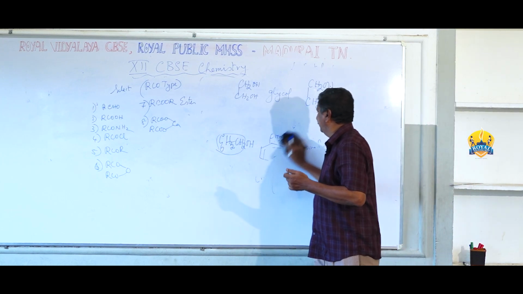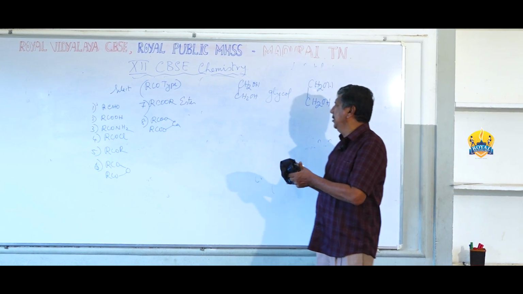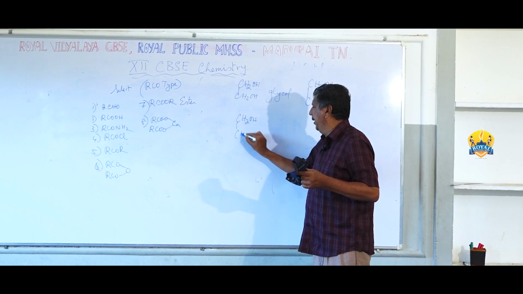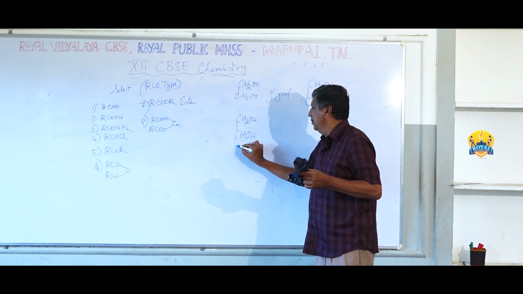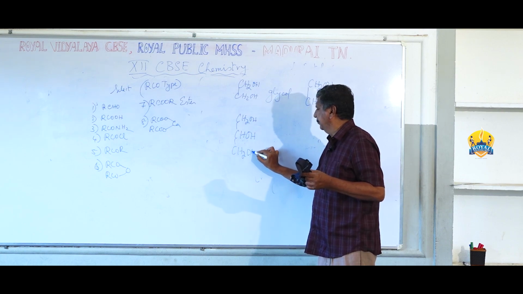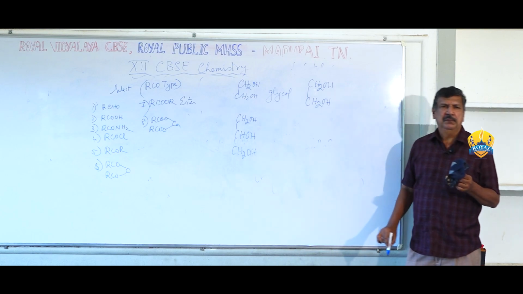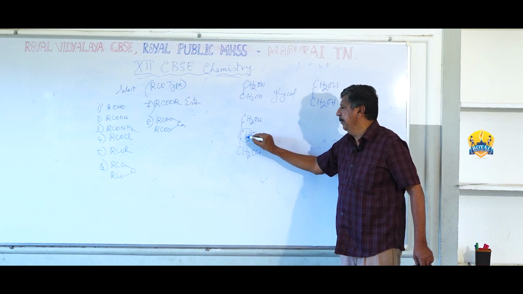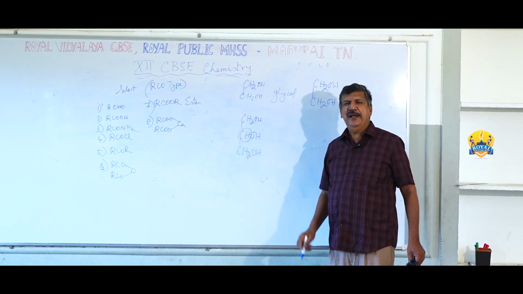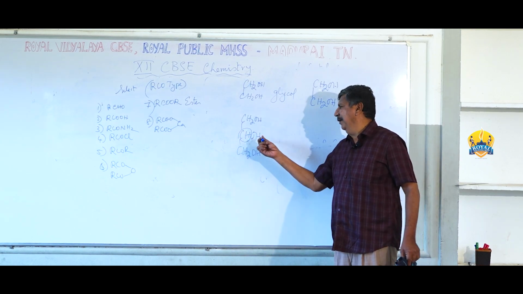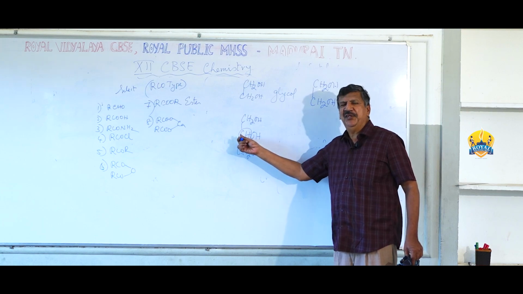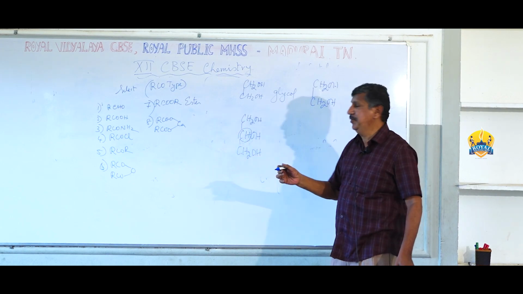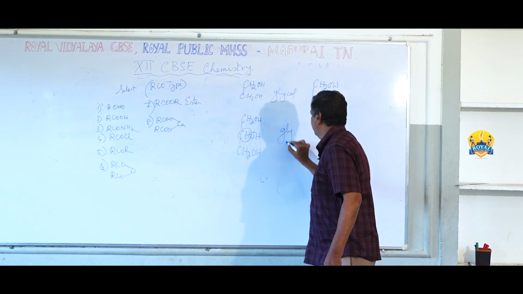Okay, next one, this formula. CH2OH, CH2OH, CH2OH. You see here? Because it is in the middle, any carbon with the additional group will have CH. So you should be very careful. Okay, what is the name for this? Glycerol